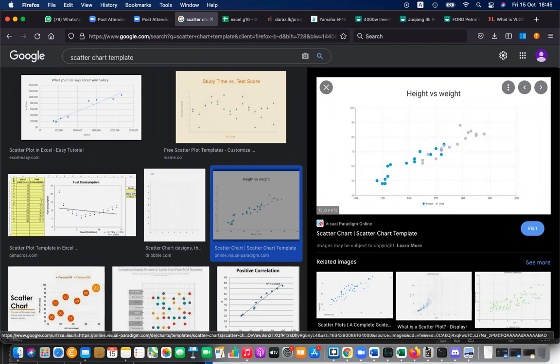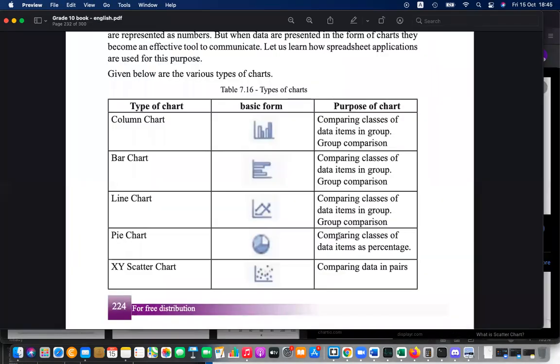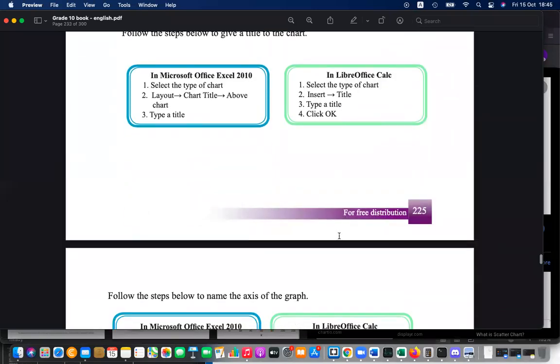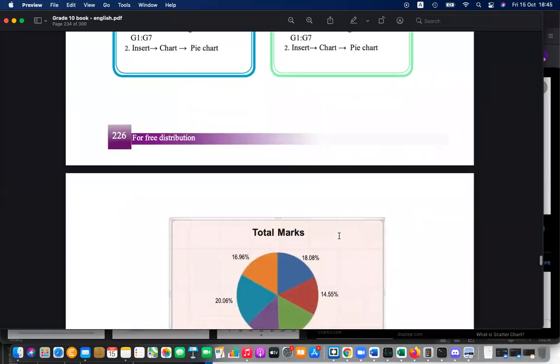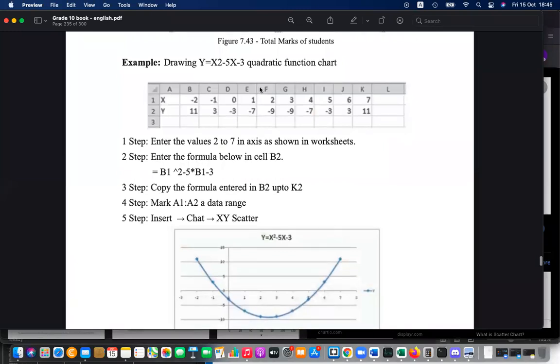And with a scatter chart you can draw equations even. You know, y equal mx plus c. Can you remember that equation? Y equal mx plus c. So likewise, here there's another equation, y equal 2x minus 5x minus 3.